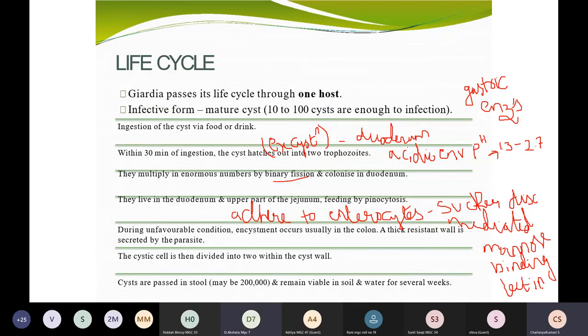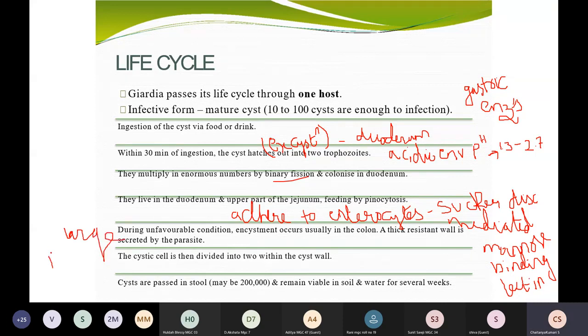Just imagine, they have entered the mouth and slowly they are getting into the intestine, where the cyst is converted into trophozoites, and the trophozoites produced by binary fission are nicely sticking to the walls of the intestine, especially the epithelial cells, by the mannose binding lectin receptors as well as by the help of the sucker disc. And then slowly a few of the trophozoites will pass through to the large intestine where encystation will occur. Few of them will adhere to the epithelial cells in the duodenum, and few trophozoites will enter into the large intestine.